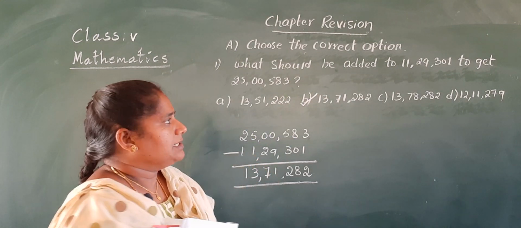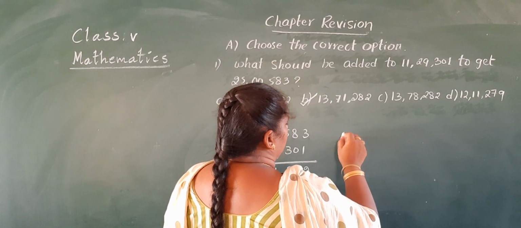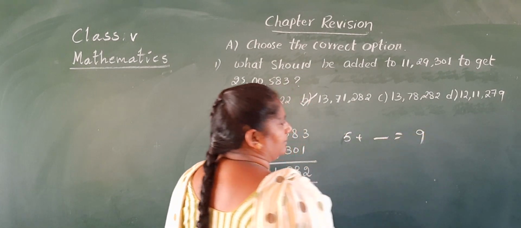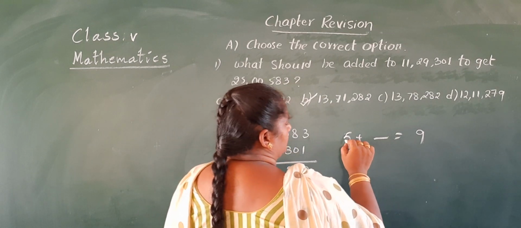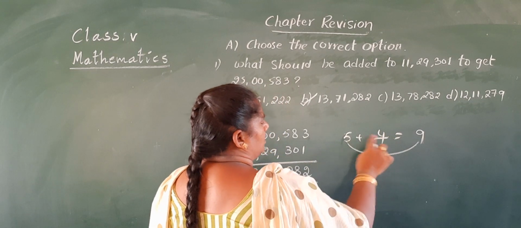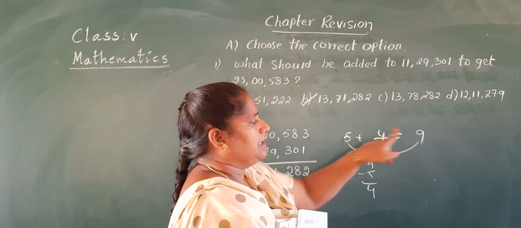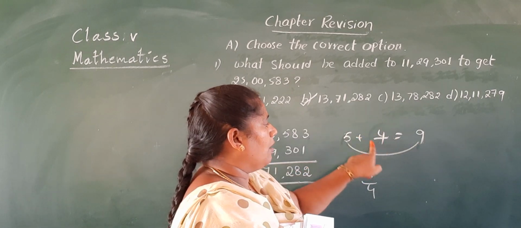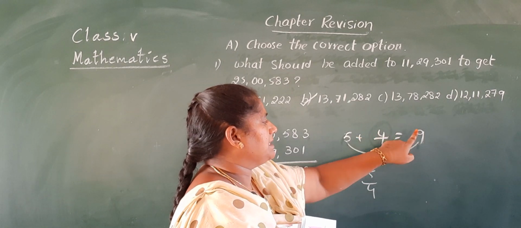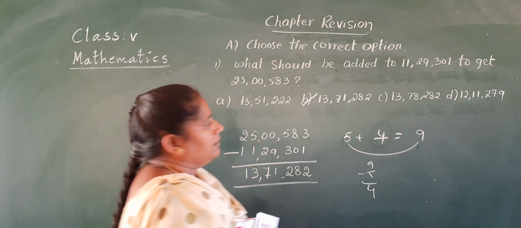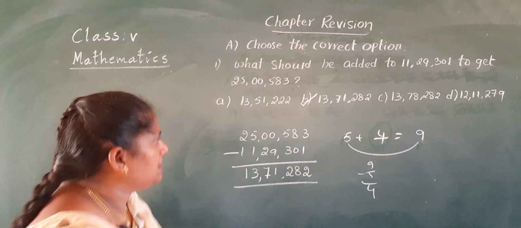That's your doubt. See, which number should you add to 5 to get 9? We simply subtract this number. 9 minus 5 is 4. So if you add these two numbers, then we can get this number. Okay? So how do we get this number? By subtracting 5 from 9. Okay. So like this we will do the subtraction.